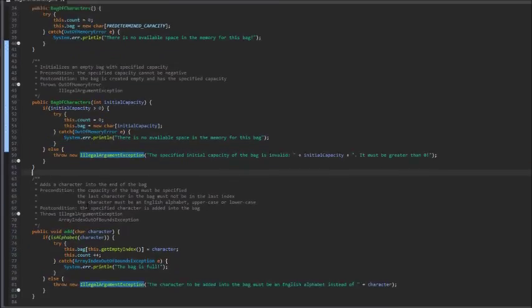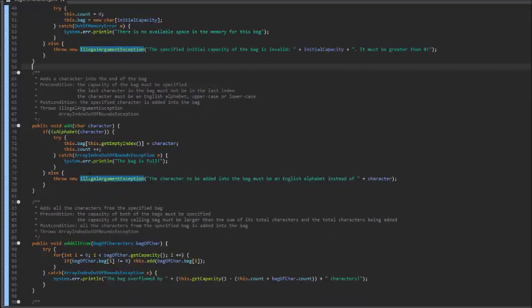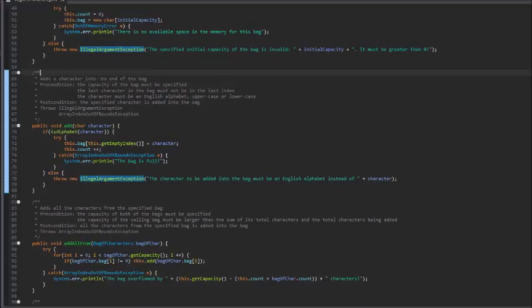Then we have our add method. Whenever we want to add a character into the bag, we want to be able to call this method add and pass the character we want through this method. We don't want the user of this class to access member variables directly because of what we discussed on information hiding. So what we want to do is, when we receive a character to be added, some things to point out are